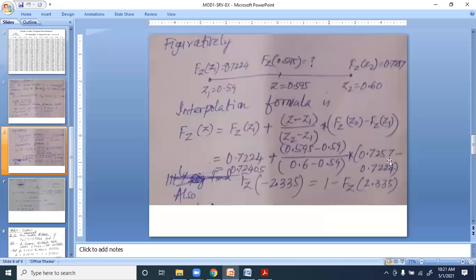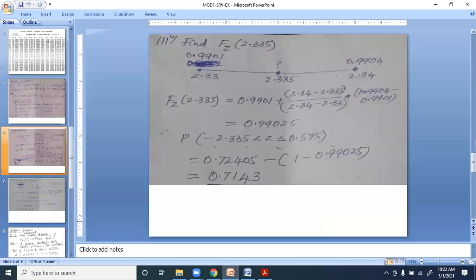Okay, so you need to find that and you'll get this value to be 0.72405. So the value corresponding to this is nothing but F(0.595). In the same way, F(z) for minus 2.335 can be found out, and that is 1 minus F(2.335),